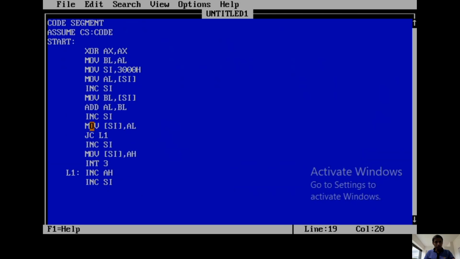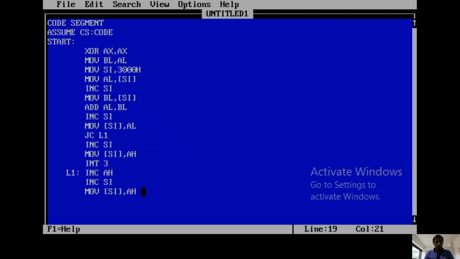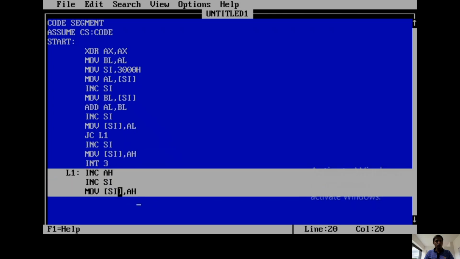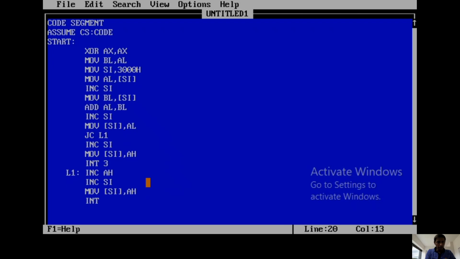So depending on the selection of the result, it will occur accordingly. After incrementing SI and AH, what is the AH value? Initially here 00. After incrementing AH, the value is 01. Then 01 will move to the 3003 location. So MOV [SI], AH sends the 01 value to 3003. Either these three instructions are executing or the last three, depending on the condition. If it is true, the last three; if it is false, these three are executing, and at that time the last three are skipped. Then INT 3, end of the program.